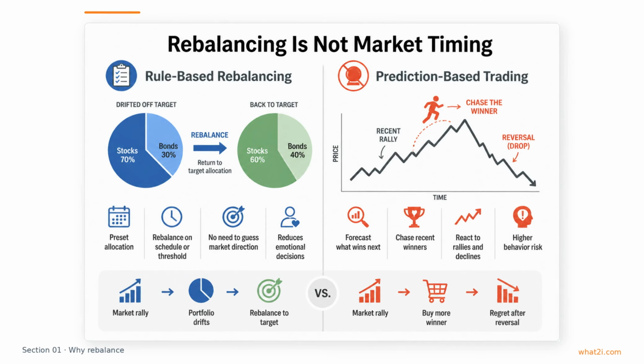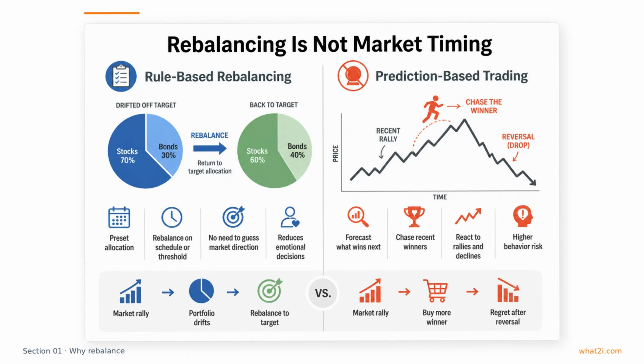This is also why rebalancing should not be confused with market timing. A market timer is trying to predict what will outperform next and trade based on that forecast. A rebalancer is following a rule that says the portfolio has moved too far from its intended mix. No forecast is required and no claim is being made about what asset class will win over the next month or year. That difference matters because rule-based decisions tend to reduce emotional reactions. Rebalancing helps investors avoid the common temptation to chase the asset that has already done well.